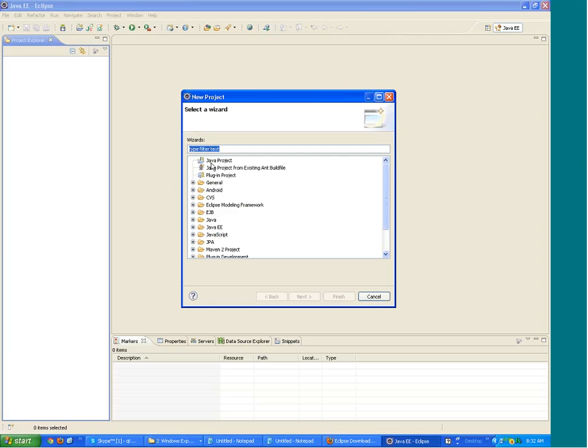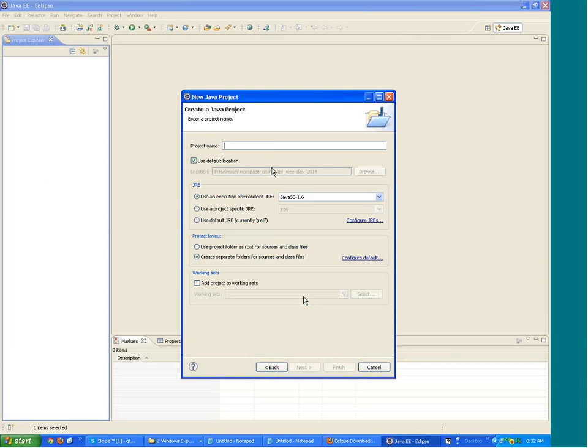Select Java project over here. Click on Next, and name the project as, say, Day 1. Click on Next